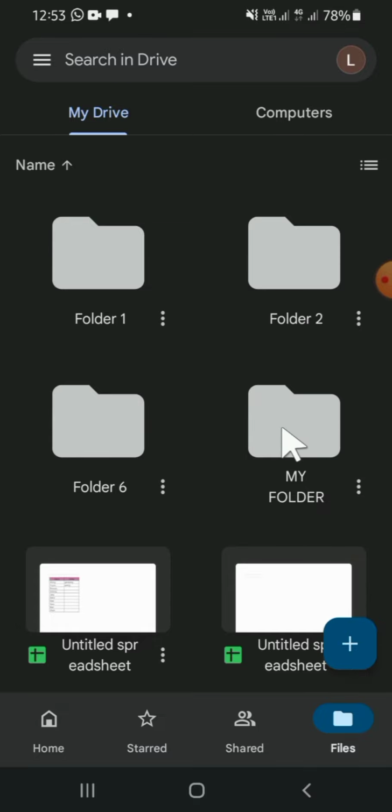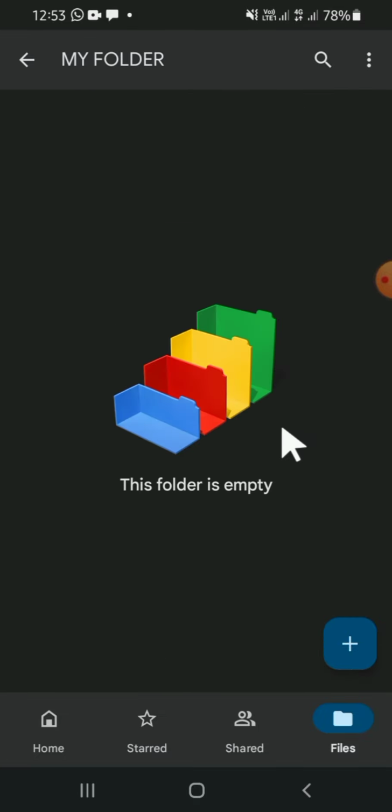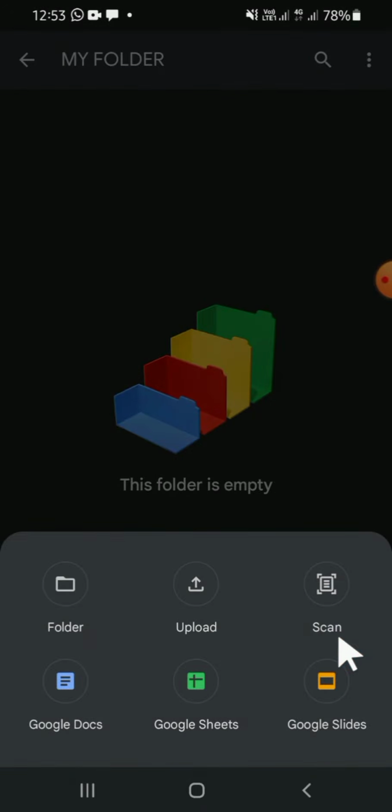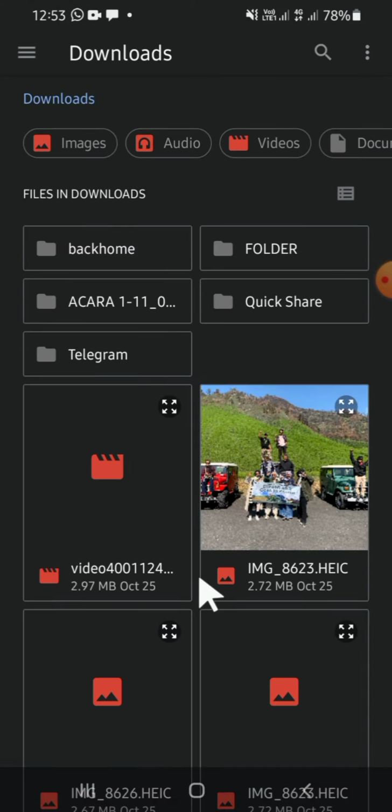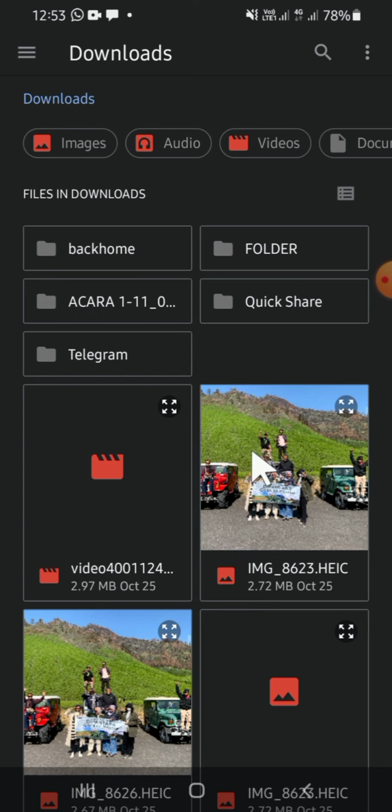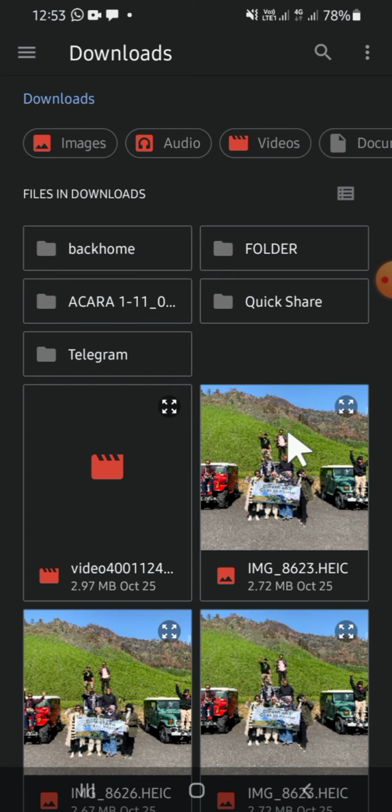And if you want to upload a file on this folder, you can simply click on the folder. Then you can click on this plus button, then click on upload right here and select the file that you want to upload from your device. Alright, and for me, I'm just going to upload this file. So just tap on the file like this,